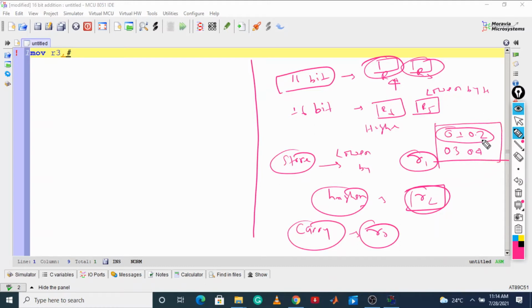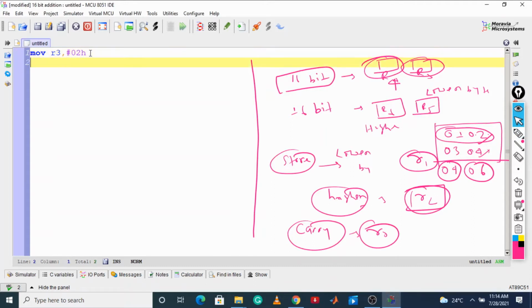Whether in hexadecimal or decimal, you are going to get the same result here. If you add, you are going to get 04 and 06 as the answer. Now I am going to store the lower byte 02, so I store 02h.